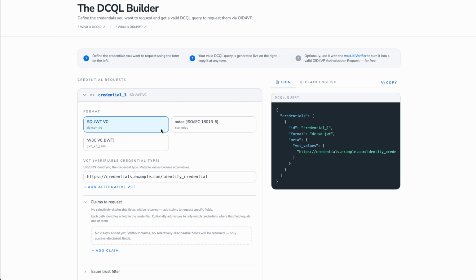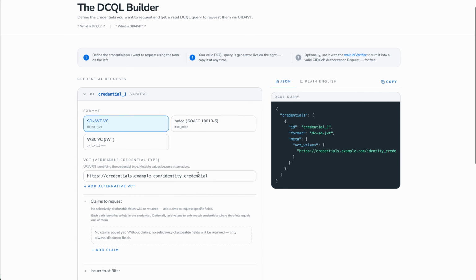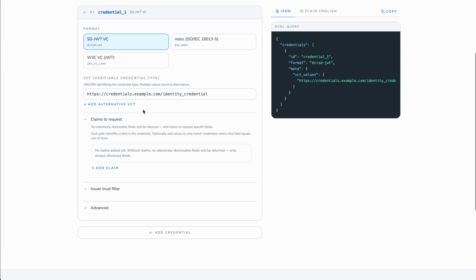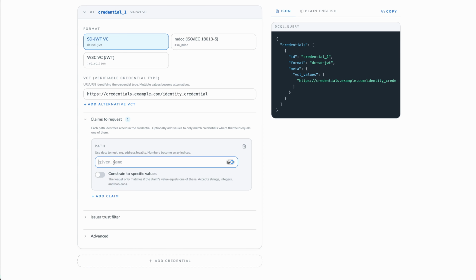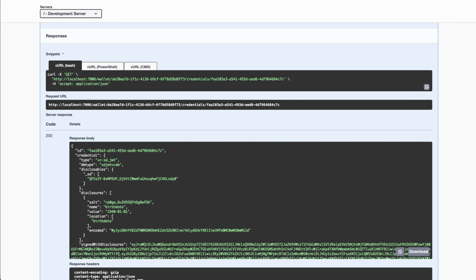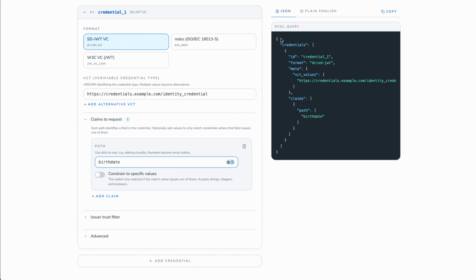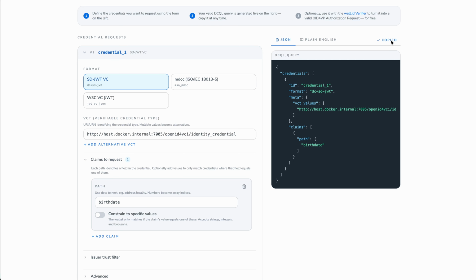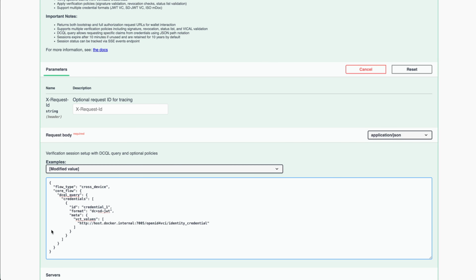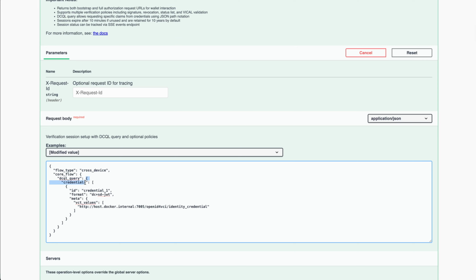We can select the format, we can specify the VCT value, which is the one which we copied earlier, and we can request specific claims. Like for example, I can now request this disclosure field birth date by simply providing it here, which creates this DCQL query. So we can copy this out right here